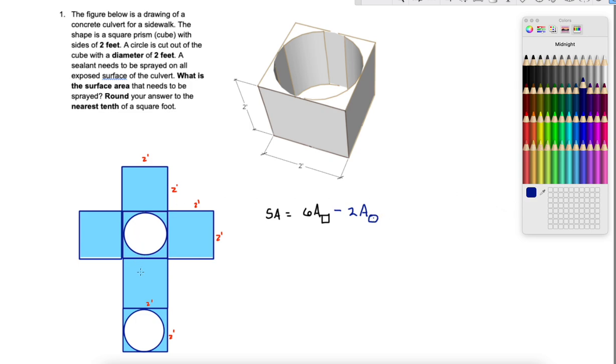Alright, so now if I can envision this figure, I have the outsides all taken care of and the circle cut out. But now if you go into the culvert, there's nothing supporting in this figure, supporting standing or seeing this interior surface. So we have to add back some more surface area because of the inside here. Now, this inside surface is being curved by the circle here. And so if I were to flatten that out,